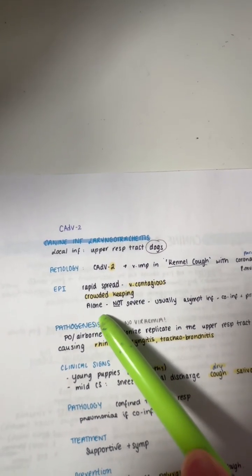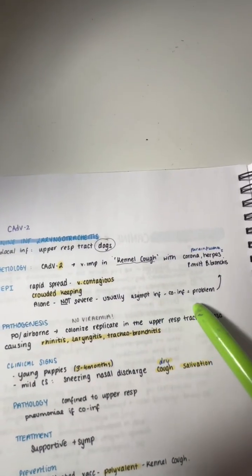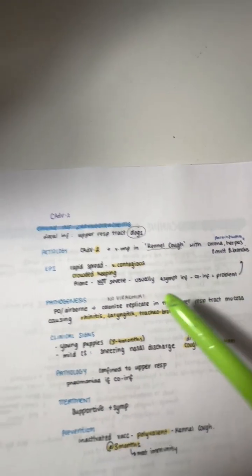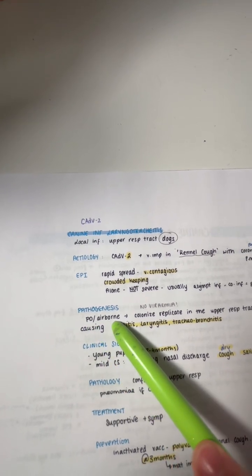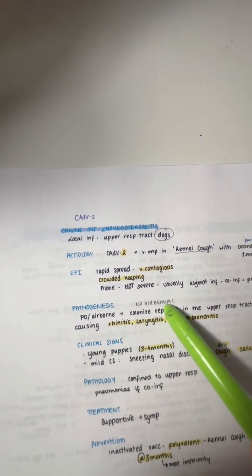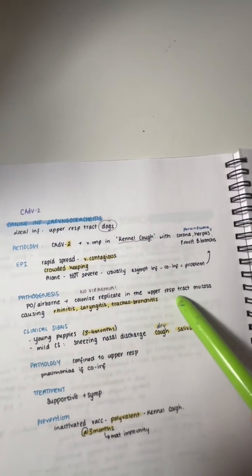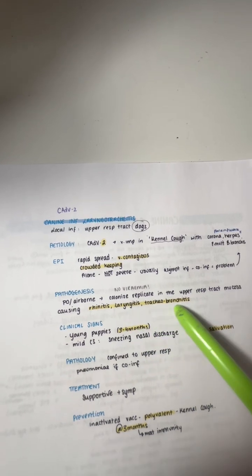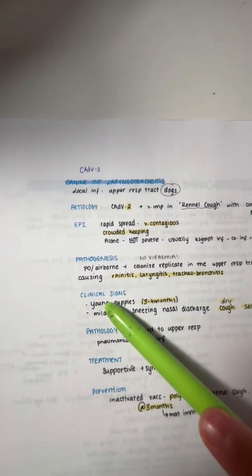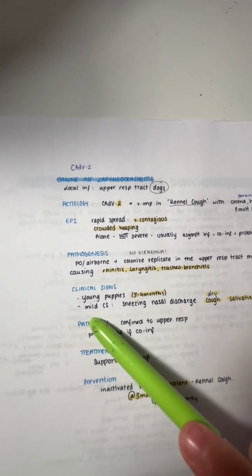When dogs are kept alone, it's not severe. It's usually an asymptomatic infection. The problem occurs when there's a co-infection with these other viruses. The pathogenesis of the disease: it enters the body per os or airborne, and there's no viremia. The virus colonizes and replicates in the upper respiratory tract mucosa, causing rhinitis, laryngitis, and tracheobronchitis. The clinical signs: it affects young puppies at 3 to 4 months old, and there are mild clinical signs